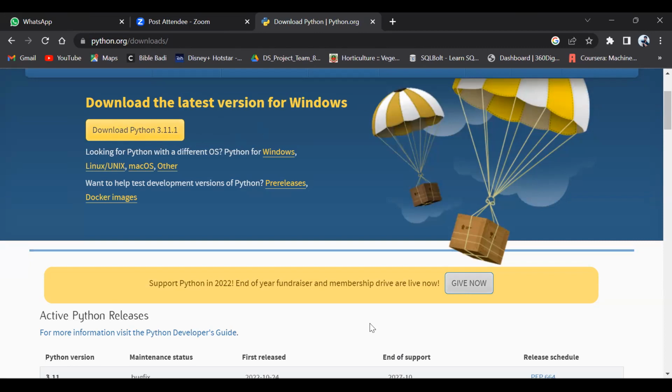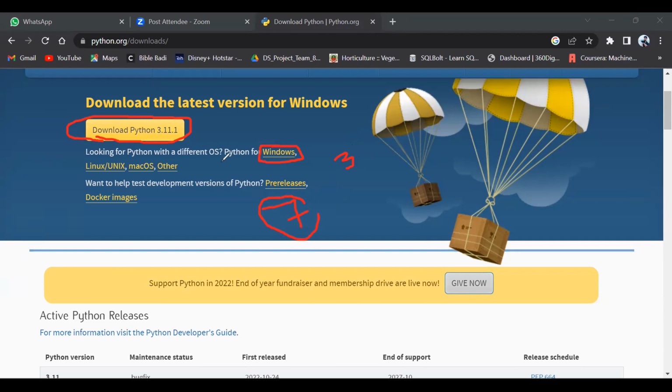If you are using Windows 10 Pro or Windows 11, you can download directly from the Python download page. But there is one condition, or one kind of restriction: those who are using Windows 7 or below will not get the update, and Python 3.11.1 will not work.